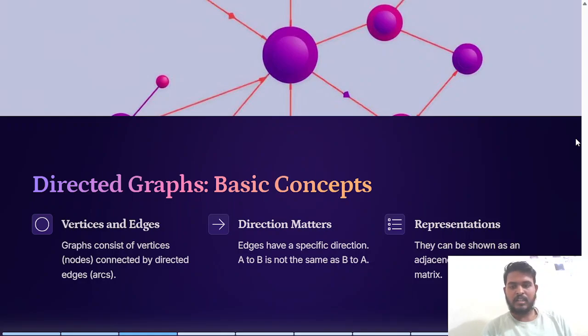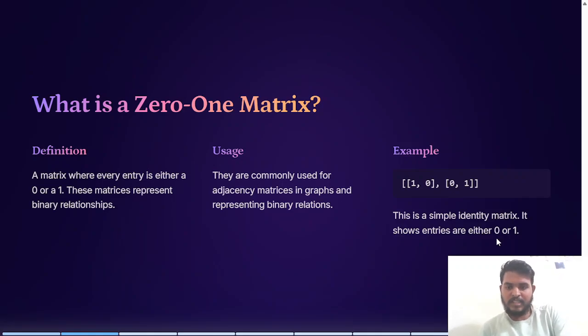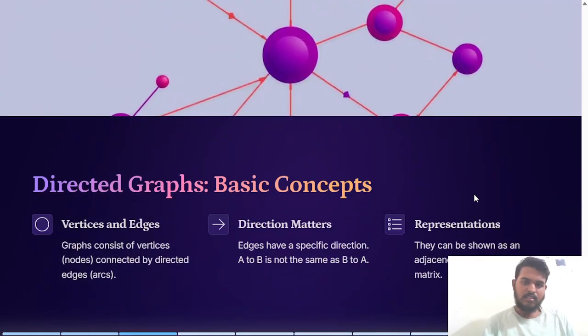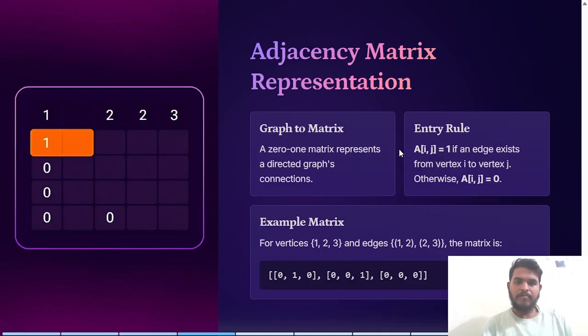The representation can be shown as an adjacency list or an adjacency matrix. So this one is an adjacency matrix, as you can see. For 0-1 we use the adjacency matrix representation. Graph to matrix: a 0-1 matrix represents a directed graph connection. The entry rule is, suppose